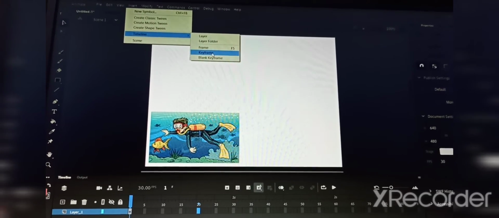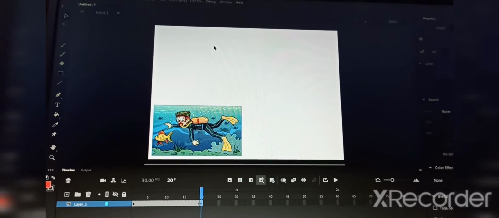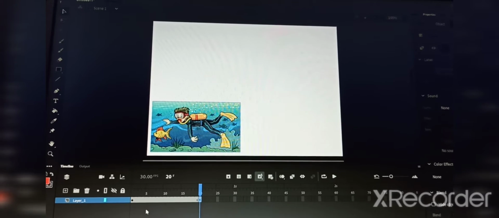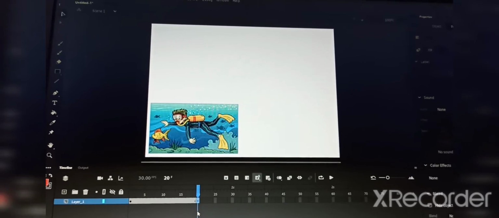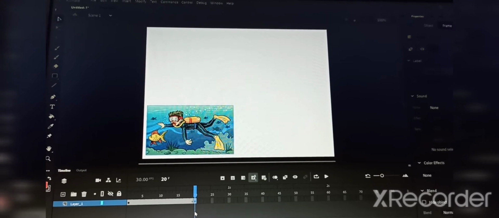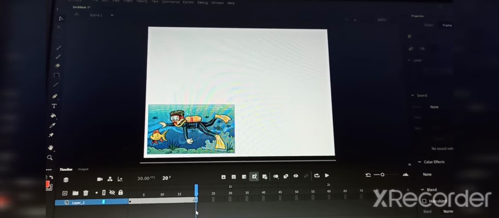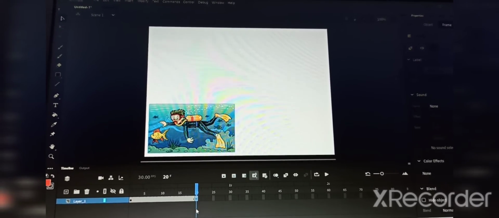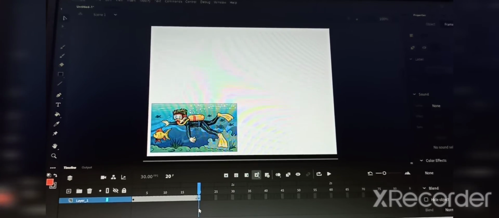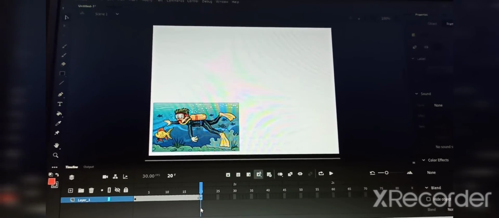Now when I click on the keyframe, you can see this much keyframe they have created. Okay, we have created a keyframe for that animation. Getting? Yes.